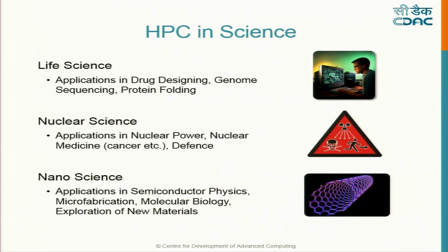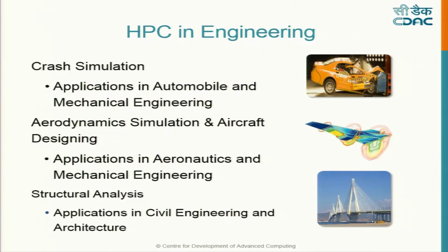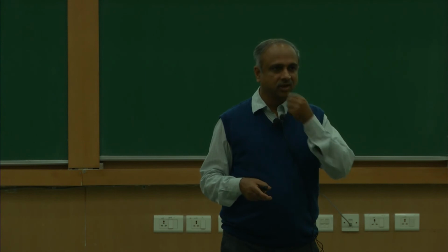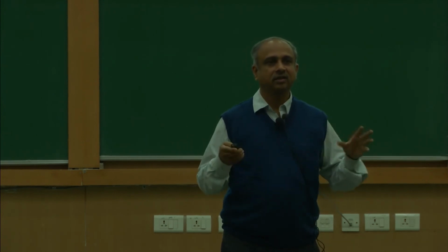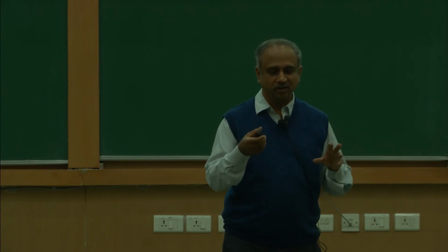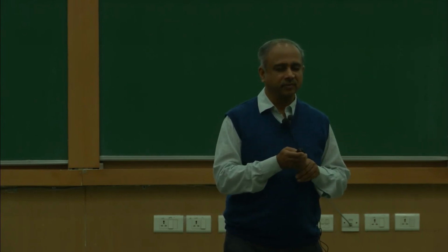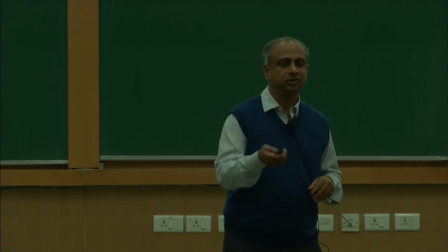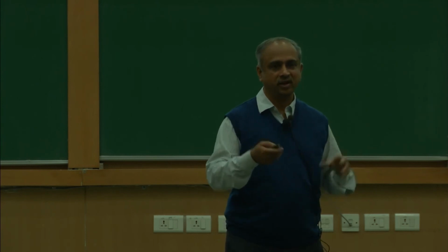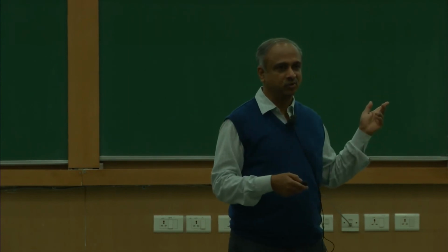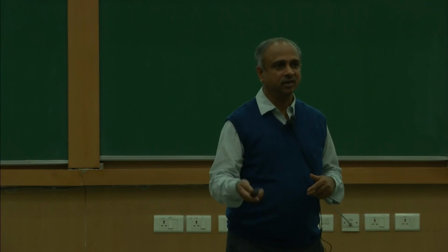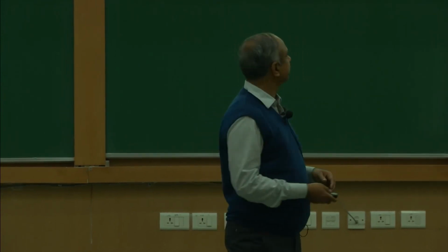Nanoscience, designing new materials. Then crash simulation, this is one of the hot things that they do, because it is very costly to crash a car multiple number of times. But if you can model it and then simulate the crash, then it will tell you the hotspots. Then the mechanical engineers can refurbish those hotspots, then again simulate it, and when you find that everything looks okay, crash an actual car and verify that what you got through simulation is actually what you see in the physical thing. So that is the way they do it.